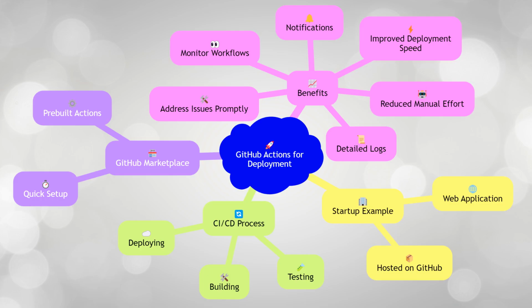Let's explore a real-world example of a team using GitHub Actions for deployment automation. A small startup developing a web application hosted on GitHub wanted to streamline their CI/CD process. They used GitHub Actions to create workflows for building, testing, and deploying their application to a cloud provider. By leveraging pre-built actions from the GitHub Marketplace, they quickly set up a robust pipeline that reduced manual effort and improved deployment speed. The team also benefited from detailed logs and notifications, allowing them to monitor their workflows and address